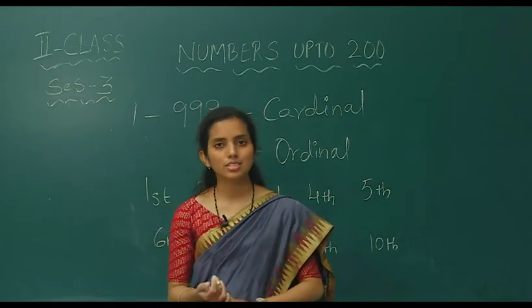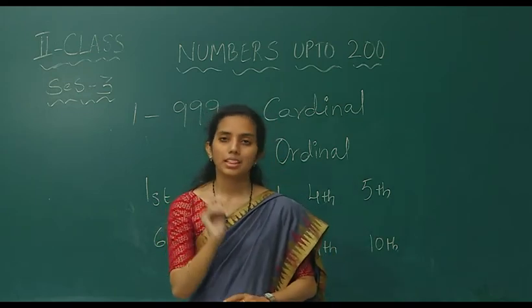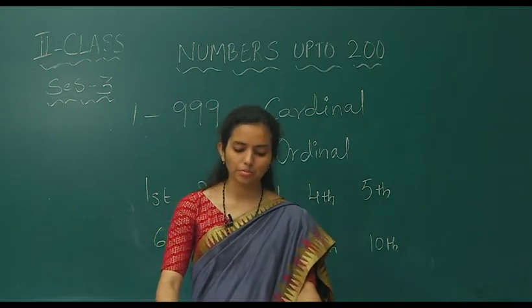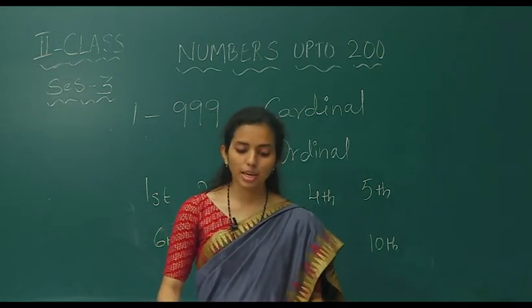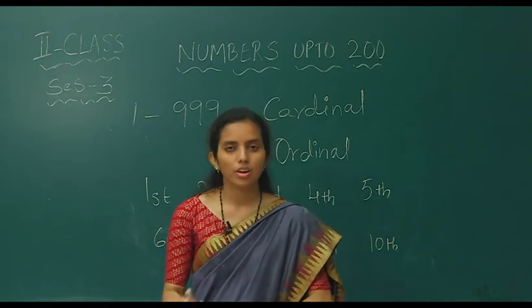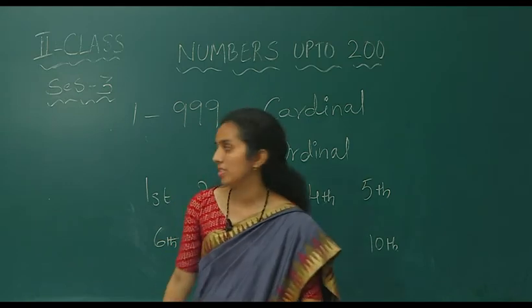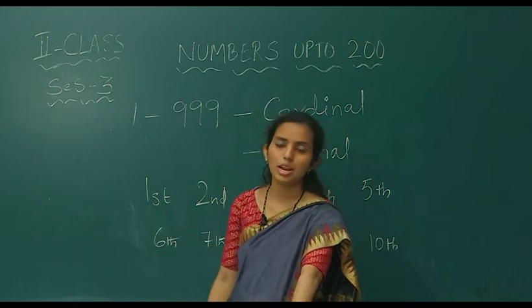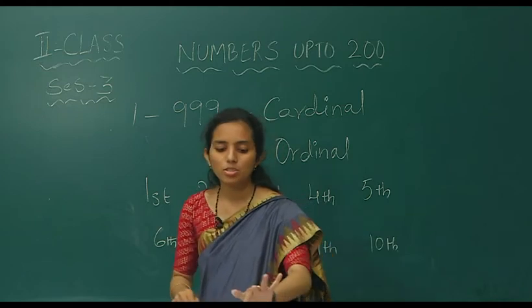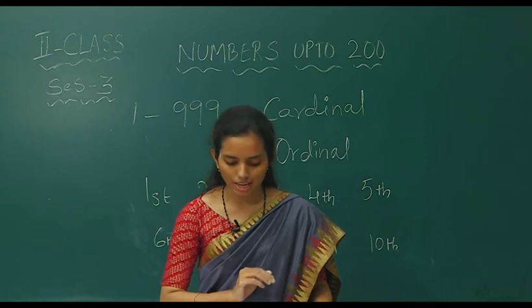All of you try to learn the spellings of these numbers which are given in your textbook. With this cardinal and ordinal numbers topic, we have completed the chapter, but before going to the next chapter, let us see an exercise on this topic, on page number 25. There is a caterpillar given and you have to write the number name. For example, first. FIRST is the first number name. So, write it in the first box of the caterpillar. In that way, you can complete the caterpillar.